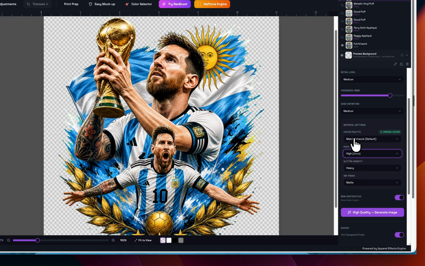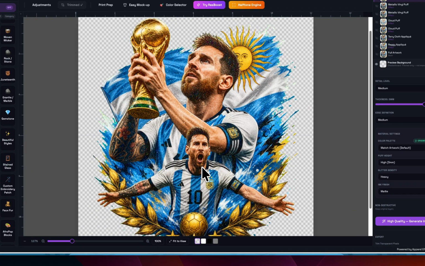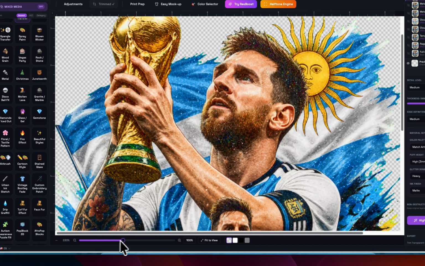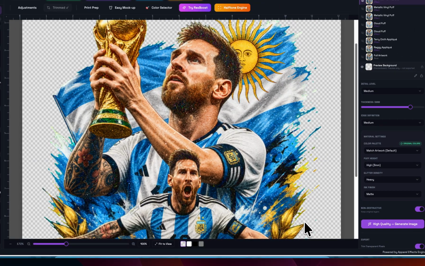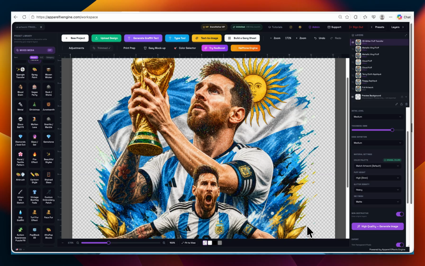Standard, I'm going to go high on this. Okay, so here's your glitter. Nice. All right, some of them don't work great with actual images, but if you bring some other design,